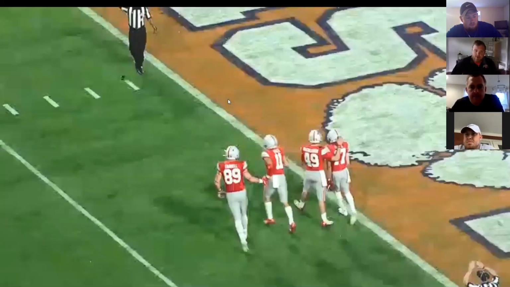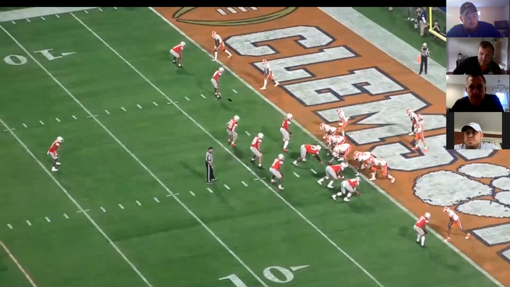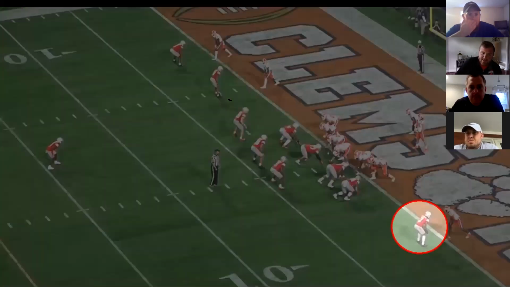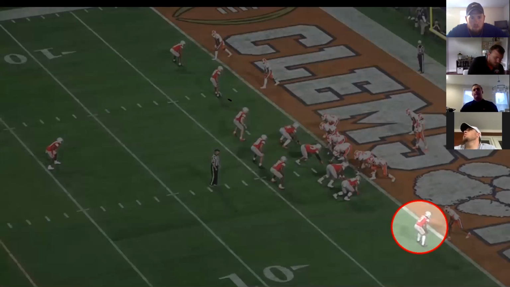Coach, not to interrupt or anything, just out of curiosity, a question some people might have. Even if that's FTB, formation to the boundary, we're going to use a single receiver side, being to the field, you would still... That's a great question. I would say the general rule would be to play it off, but